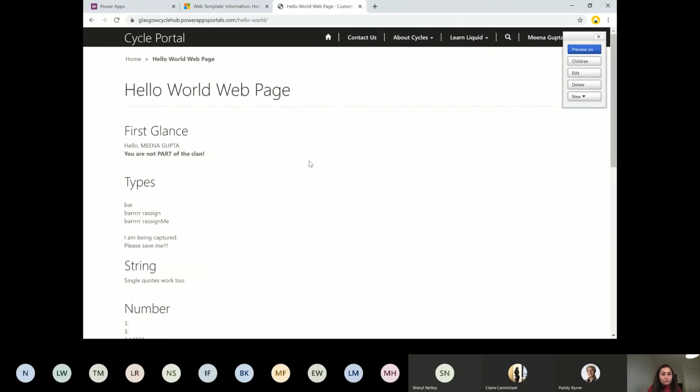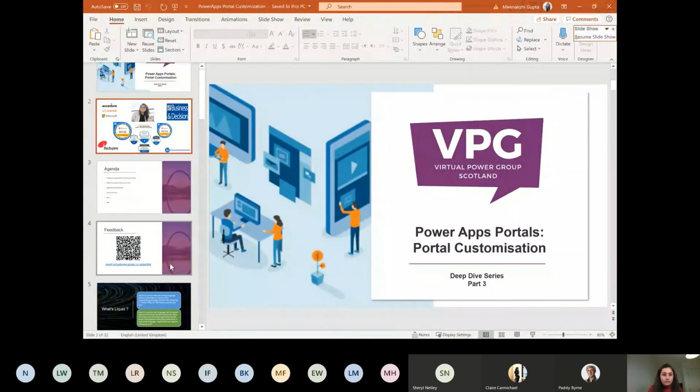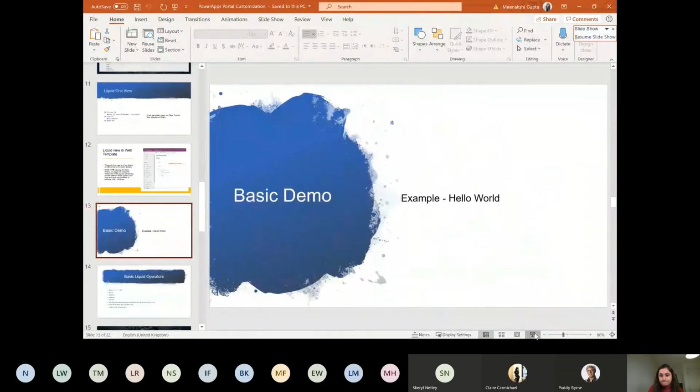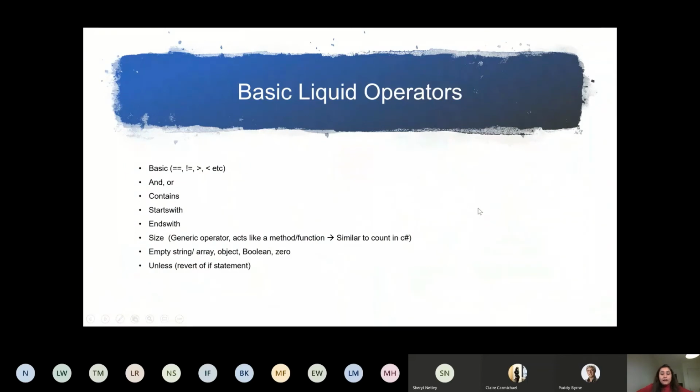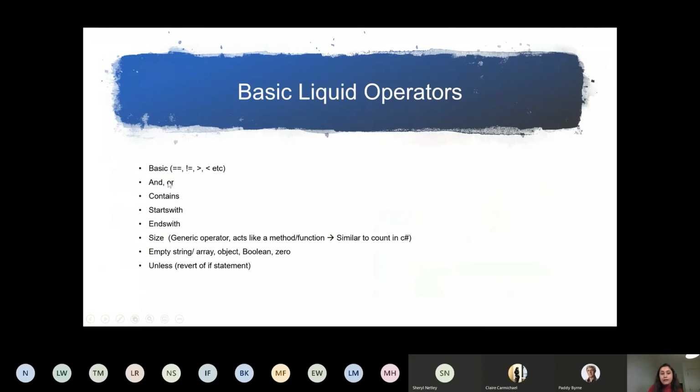So let's jump to some more liquid tags and how they work. Where I was in the demo. Again, some other liquid operators: we have equals to, not equals to, greater than, less than, etc. We have and, or. If you write multiple conditions in an if case, let's say if this variable equals this and that, we need to write this particular keyword. We don't have binary operators there, so we need to write and or to compare two conditions.